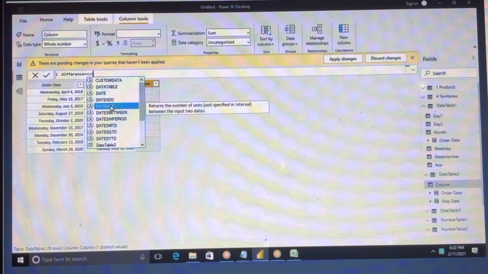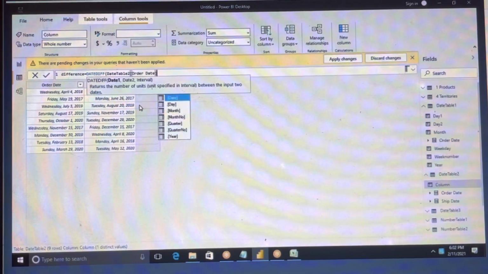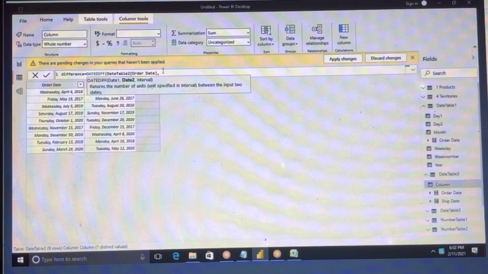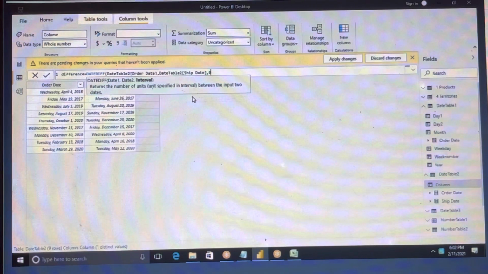If you don't know the syntax, it will clearly state what parameters you have to pass. So date difference. What is the first date? I wanted to select order date. Order date from which table? Table 2. Now comma, and what is the other date? Ship date, right?